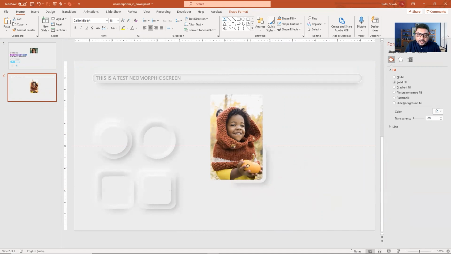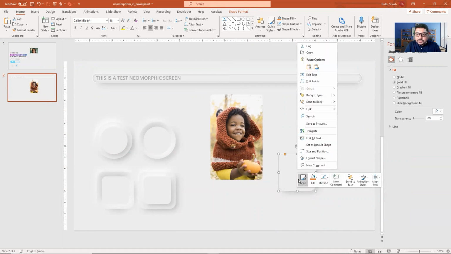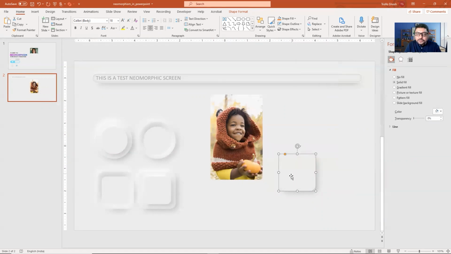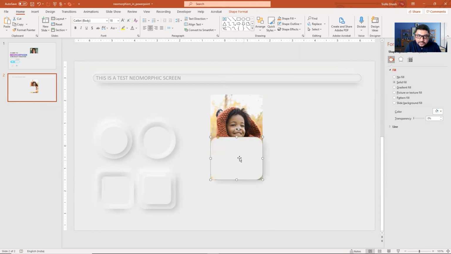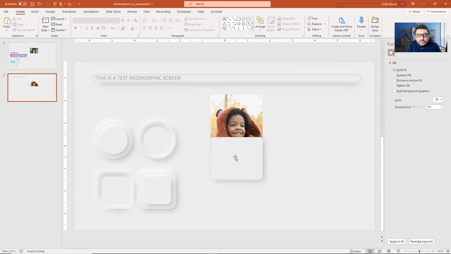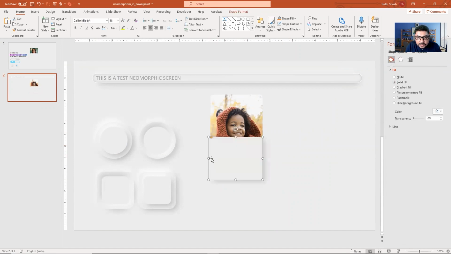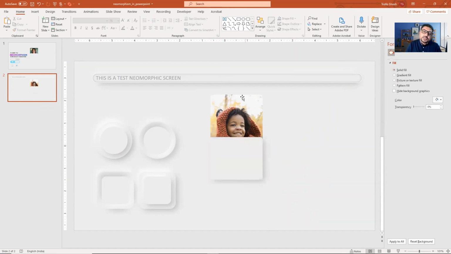You go on doing your stuff. So I want to put it on top of this image. So how do we do that? Bring to front and then, lovely. Also, I will change the curve a bit to match the image top.